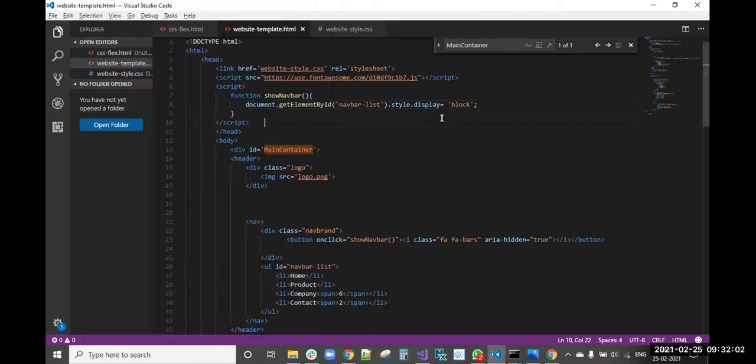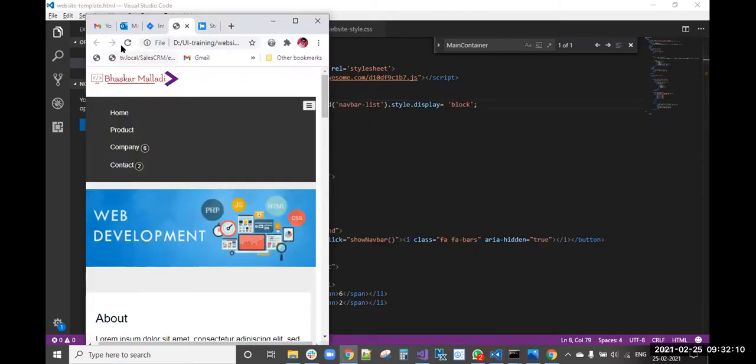Again, if you are clicking, we need to hide, right? That we will do actually, but the functionality is like this only.